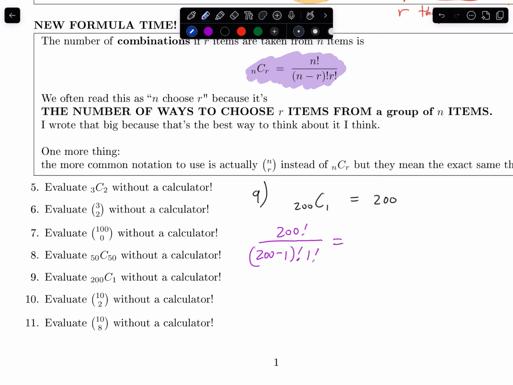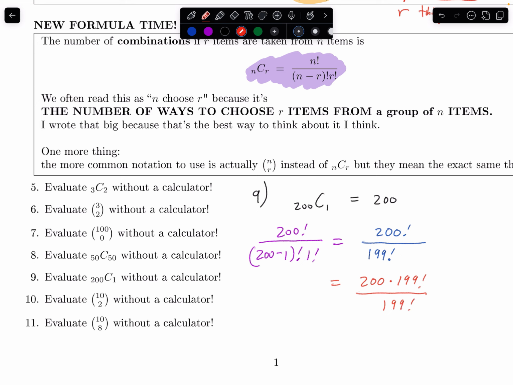Okay, that would be... sorry, I was distracted by my pen here. It's 200 factorial up top. 200 minus 1 is 199. I'm going to forego the parentheses this time, because we know where that came from, right? 199 factorial times 1 factorial. Of course, 1 factorial is just 1, so I'm just going to forego that part. And now I'm going to look for things to cancel. Top is 200 factorial. That's 200 times 199 times 198, or a more condensed form of saying that is 200 times 199 factorial